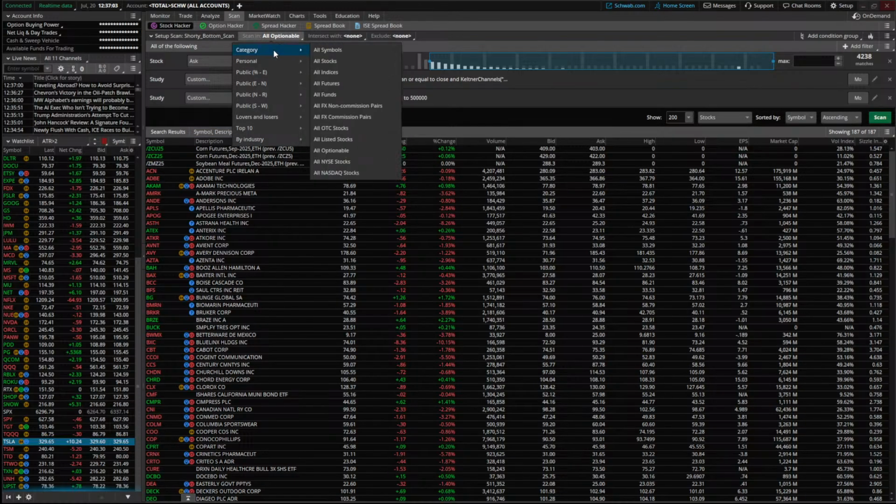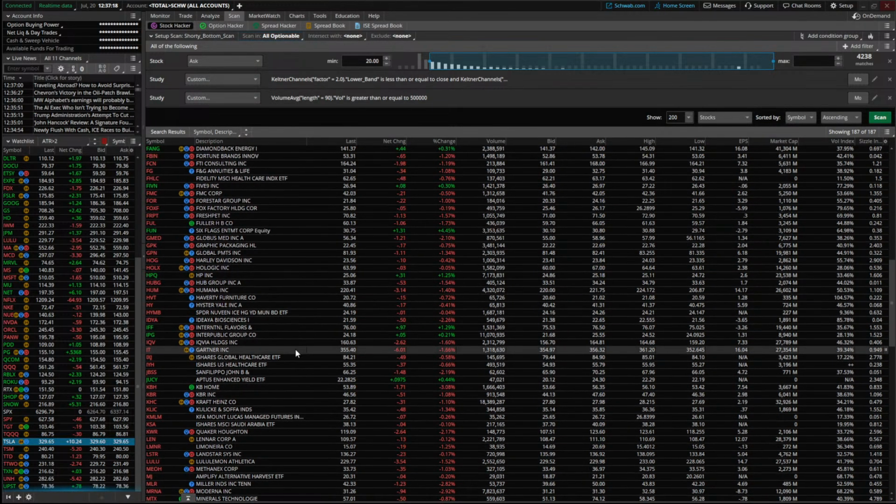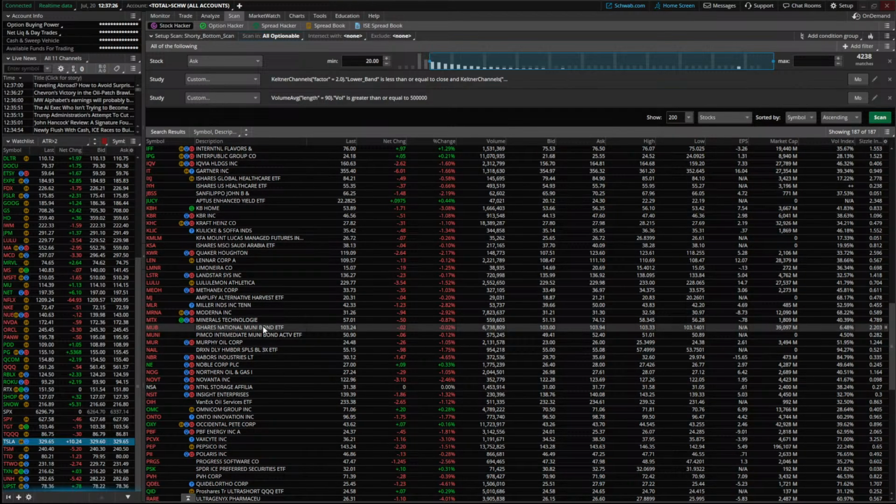If you're looking to buy shares, then you can change it to all symbols, all stocks, whatever it is. It doesn't have to be optionable, depending on what your purpose is for the scan, right? So this is really powerful, and worth looking at